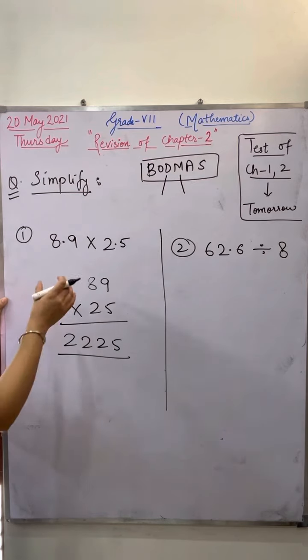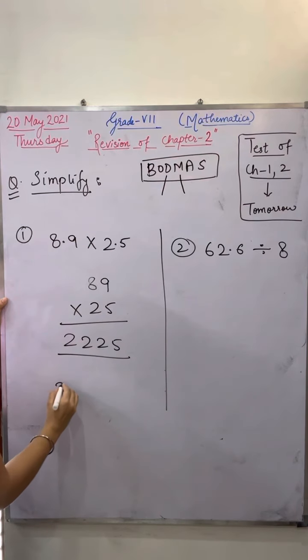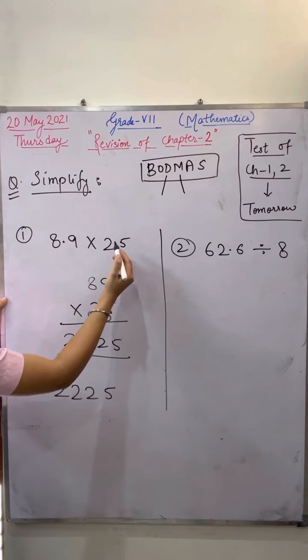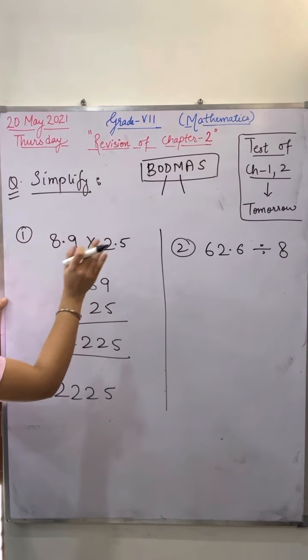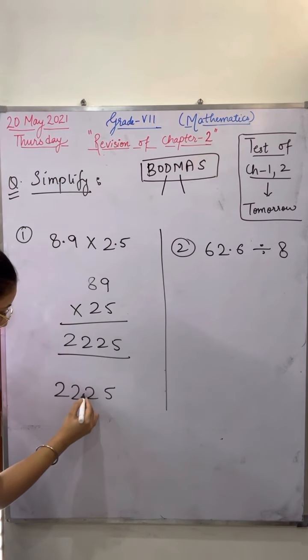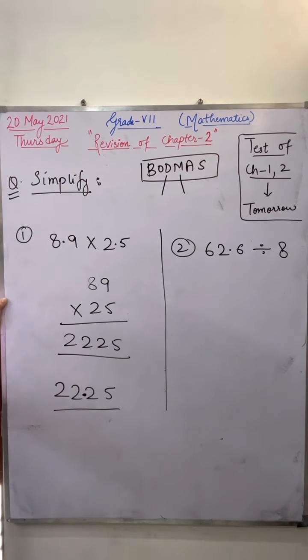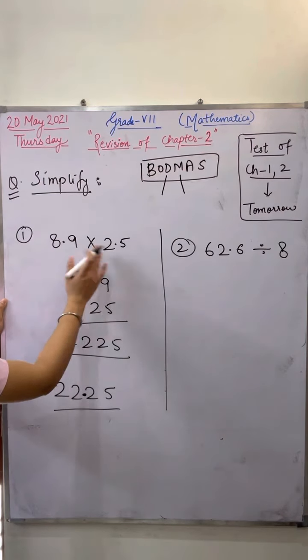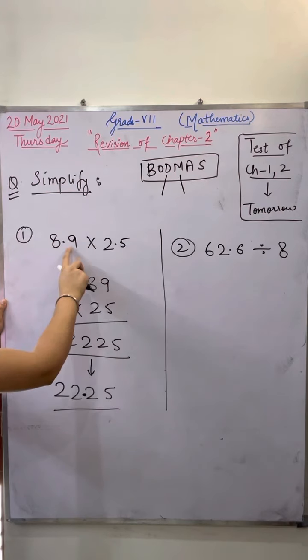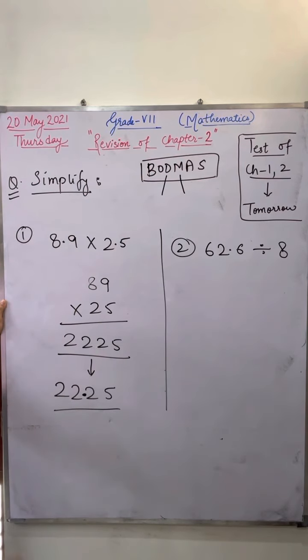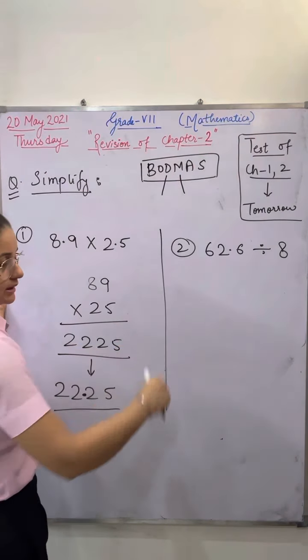Okay. Now you have to place the decimal. Now, decimal is after one digit and after one digit. So, how many digits are there? Total 2 digits. So, you have to place the decimal before 2 digits. This is your answer. That's it. First of all, do the multiplication simply and then place the decimal. Count 1 digit from here and 1 from here. 1 and 1 are 2. So before 2 digits you have to place the decimal. Now, next question. Next is this, division.